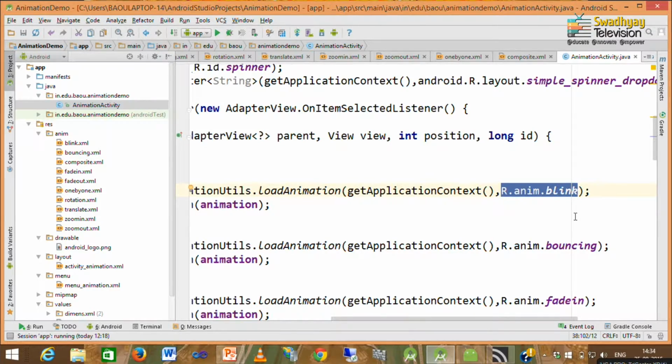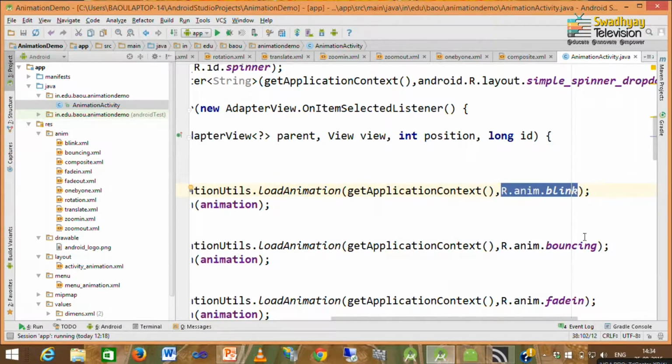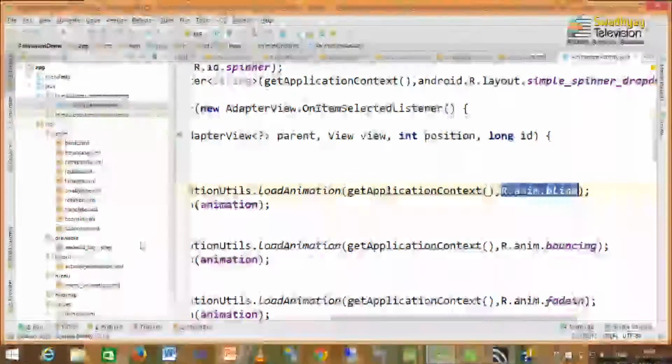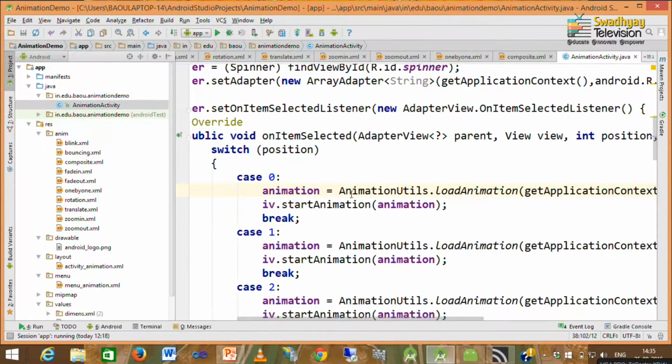Now, this blink.xml file is available inside our anim folder. So, its ID is R.anim.blink. Likewise, you can specify any animation which is defined inside this anim folder. This is how we can create instance of animation that represents animation defined as an XML resource.